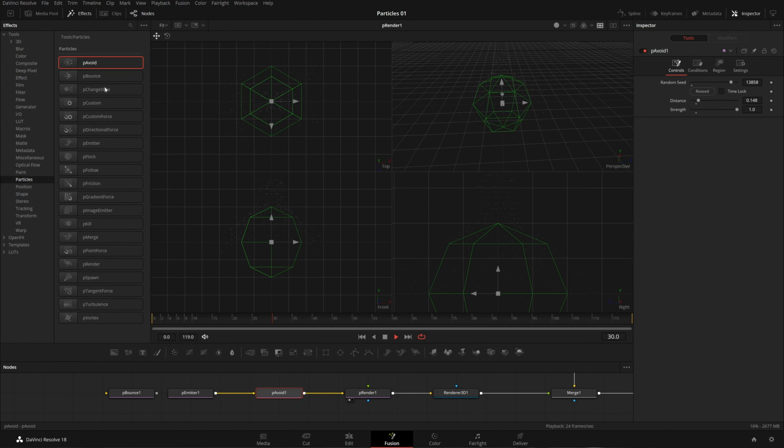This is something which I also missed when I was learning the Fusion page, I mean Fusion tools. So yeah, I don't want that to happen to any other person. The best nodes or the most used nodes will be obviously your pBounce, pCustom force, directional force, pTurbulence, and maybe pFlock sometimes. But yeah, main ones, and the rest of them you don't need to use that much,